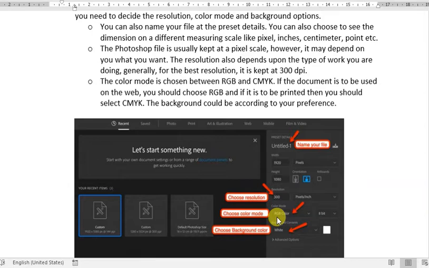If the document is to be used on the web, you should use RGB. But if you want to take a printout, then you can set CMYK. As you know, CMYK is the color mode for printing. So for the best printing quality, you can set CMYK mode.